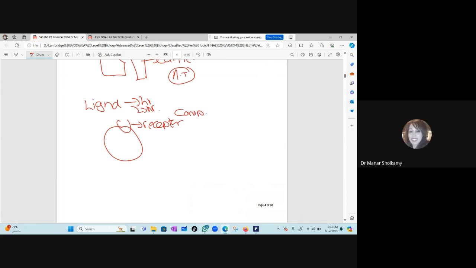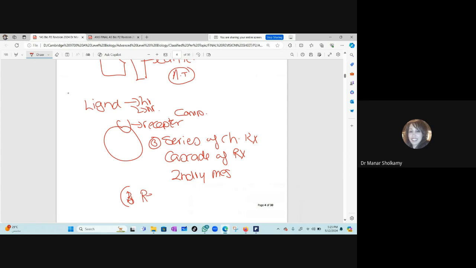After it is received by a complementary receptor, it's going to start a series of chemical reactions, a series of enzyme cascade reactions. Enzyme 1 is activated, then enzyme 2, and so on. So step number 3, it's going to start a cascade of reactions. Sometimes it is described as activating a secondary messenger. They all mean the same thing. You don't have to write all of them down. One of them is enough. Activate a secondary messenger. And then finally, it will lead to a final response